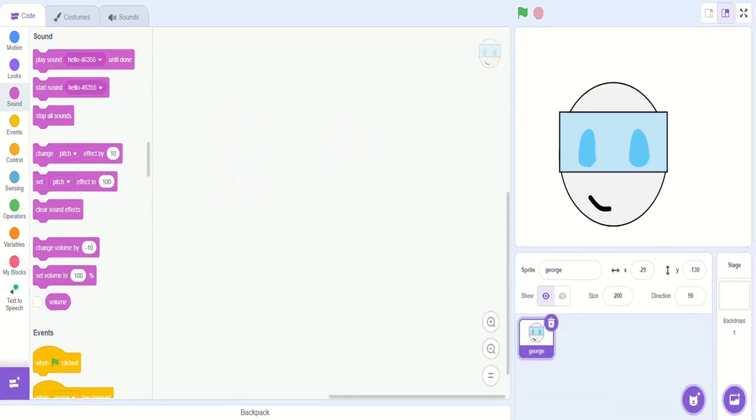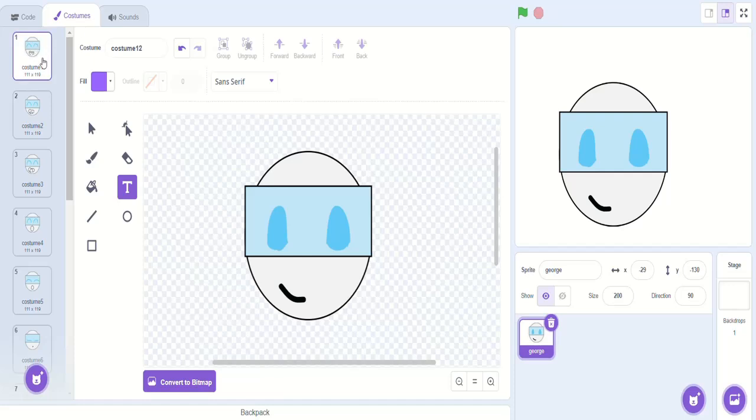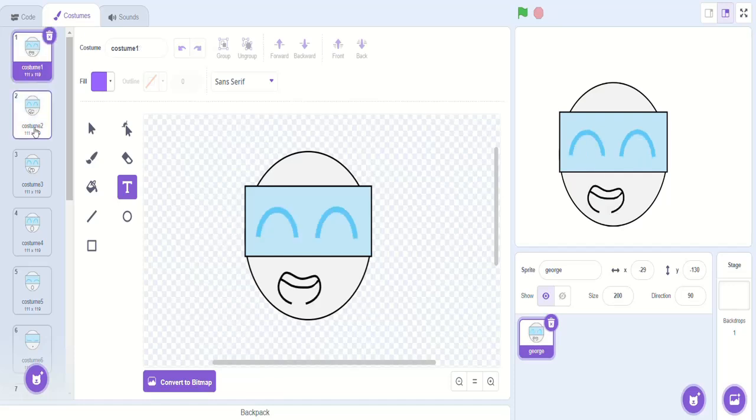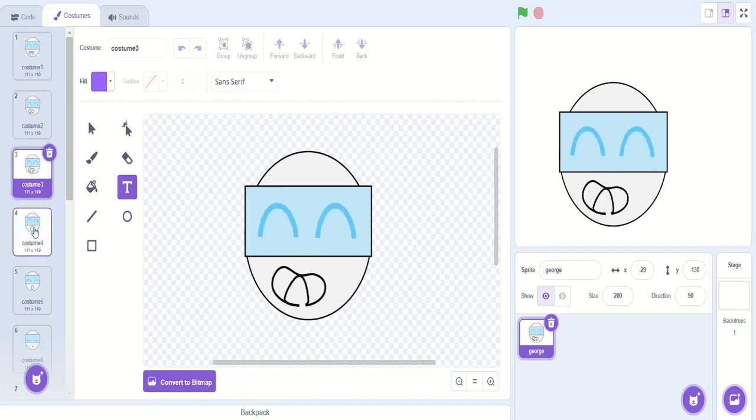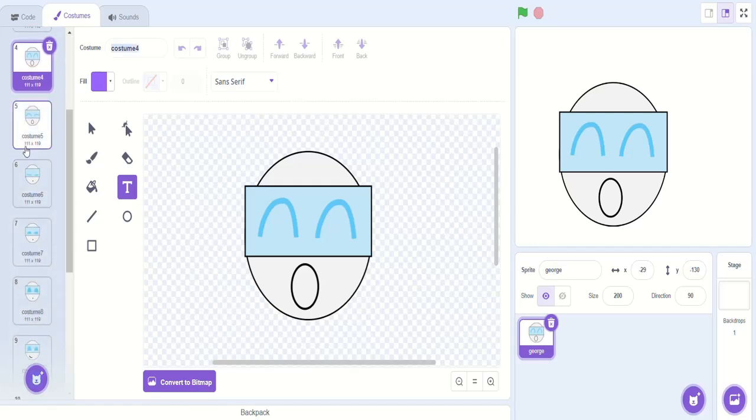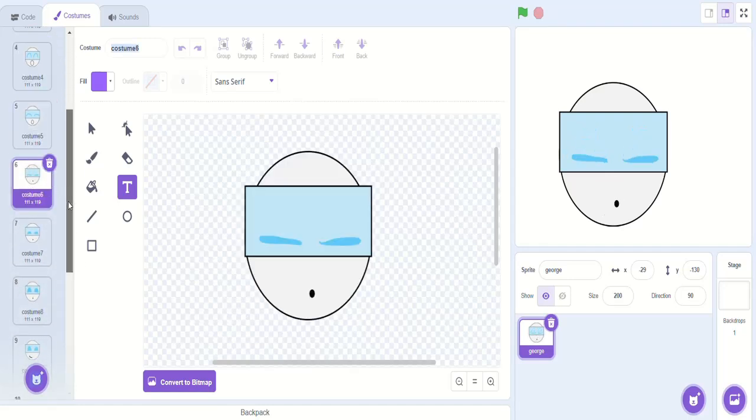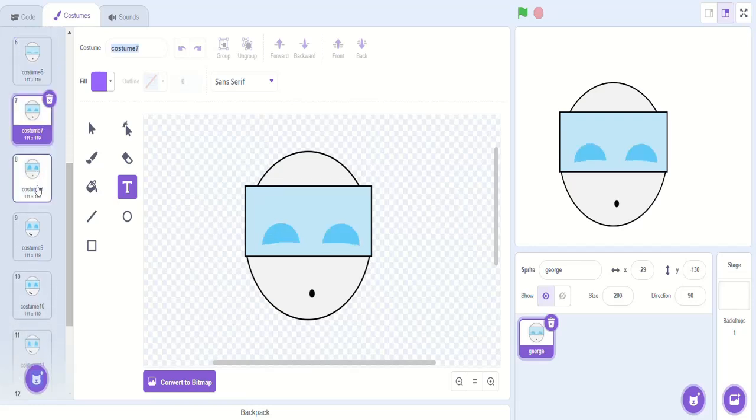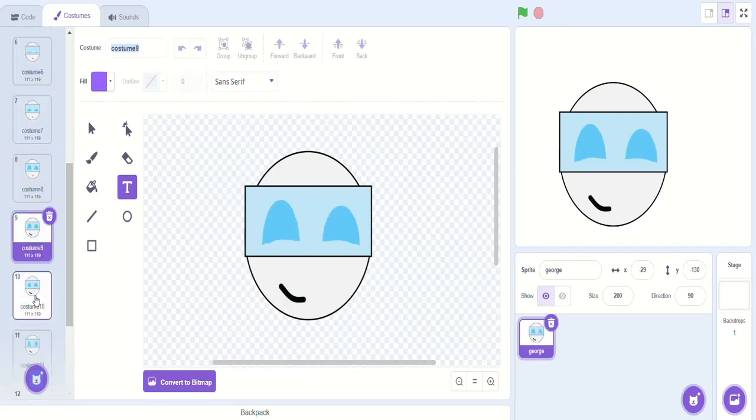Hello there everyone, today we will be making a little animation. So firstly, I will show you some costumes that I made. You can use these for reference or something if you want to make your own costumes, or